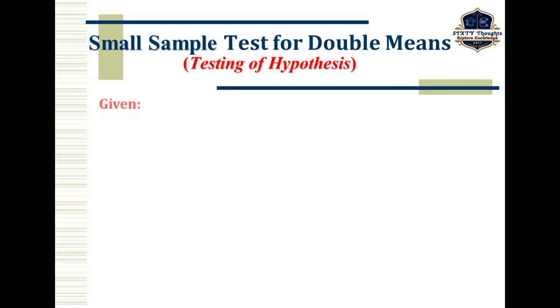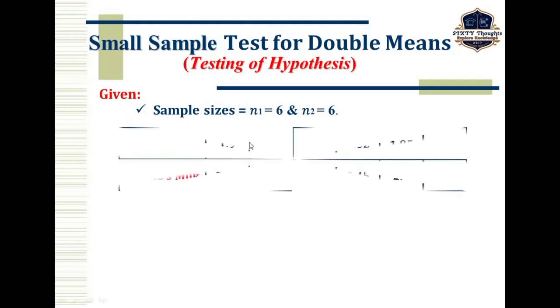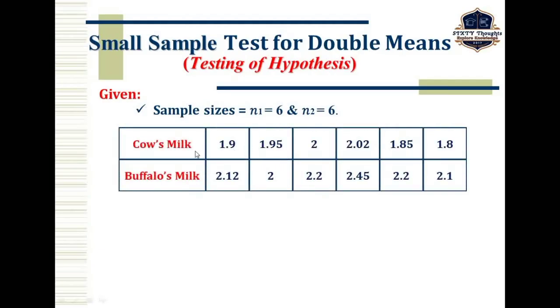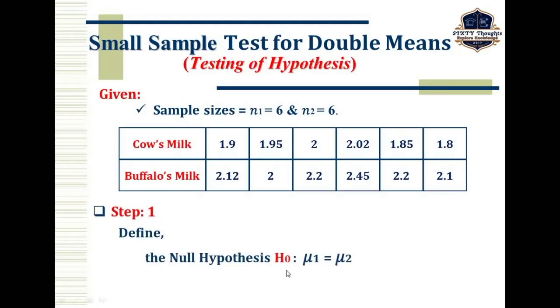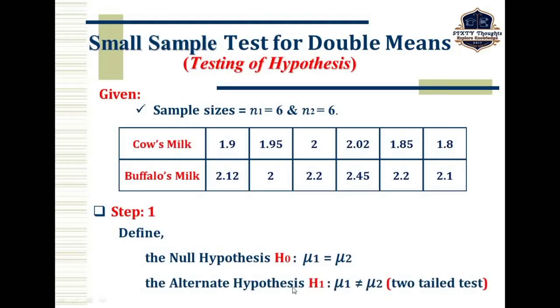So first we write the given values from the given problem, right? The sample sizes: n1 equal to 6 and n2 also 6. And also the given sample observation data, one is cow milk, another one is buffalo milk. So using these two, we proceed step by step. Step number one, first we define the null hypothesis. Null hypothesis is denoted by H naught: mu1 equal to mu2. Second, we consider the alternative hypothesis, that is H1: mu1 not equal to mu2, and also our problem belongs